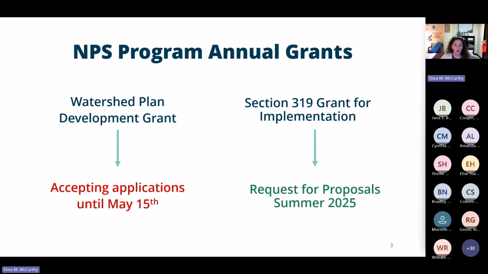The primary way our program works to improve water quality and meet our goals is by administering two annual grant opportunities: the Watershed Plan Development Grant, which we're here to talk about today, and the Section 319 Grant for Implementation Projects. There are a lot of benefits to watershed planning, but we can also think of it as step one toward applying for 319 funding, because to be eligible for a 319 project, you first have to have an approved watershed plan